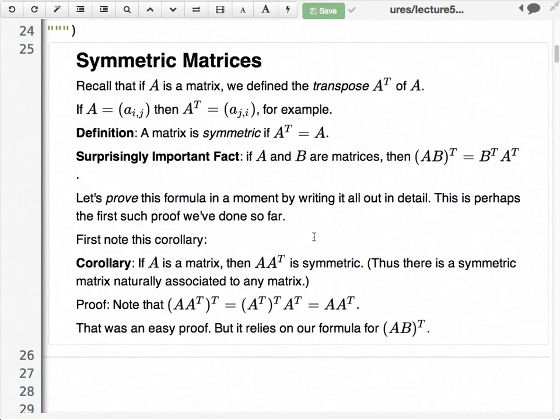It's true because it follows easily from a more general fact, which we'll prove, namely that if you have any two matrices A and B for which this product makes sense, then AB transpose, you multiply the two matrices together and then transpose them, is exactly the same as B transpose times A transpose. So you kind of would want something like this to be true because it looks like what happens when you raise something to a power maybe. Note though that the order switches. This is what is true. If you put the order in the other way, it doesn't even make sense to multiply the matrices in general, but it's also not true.